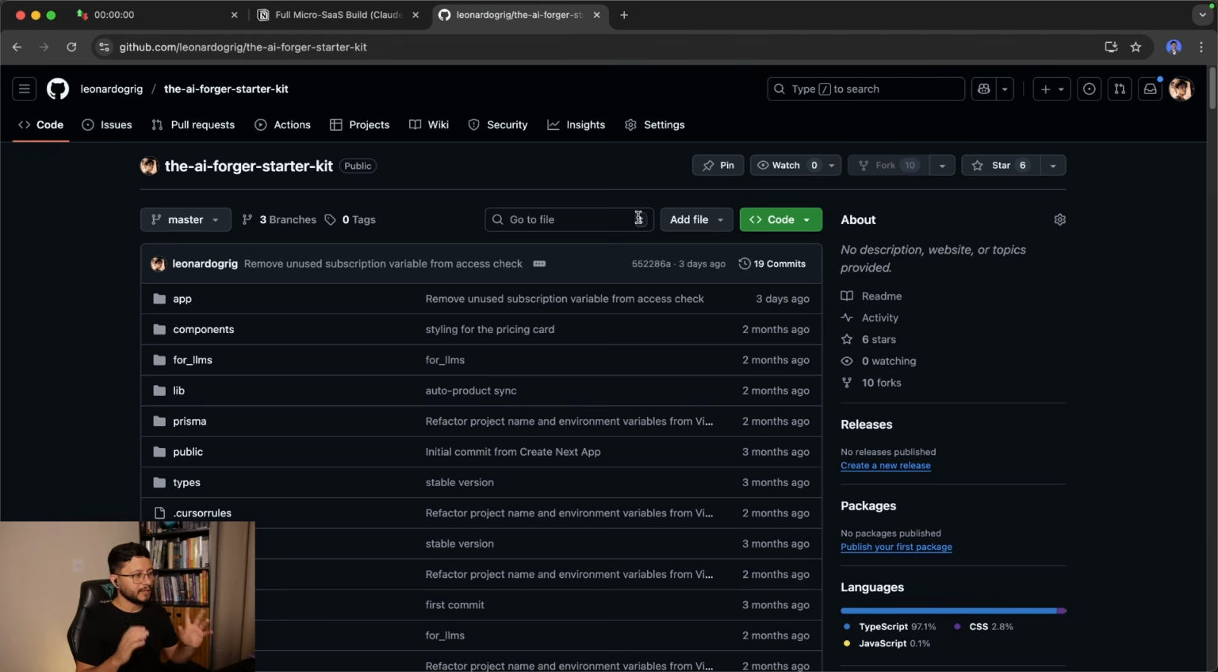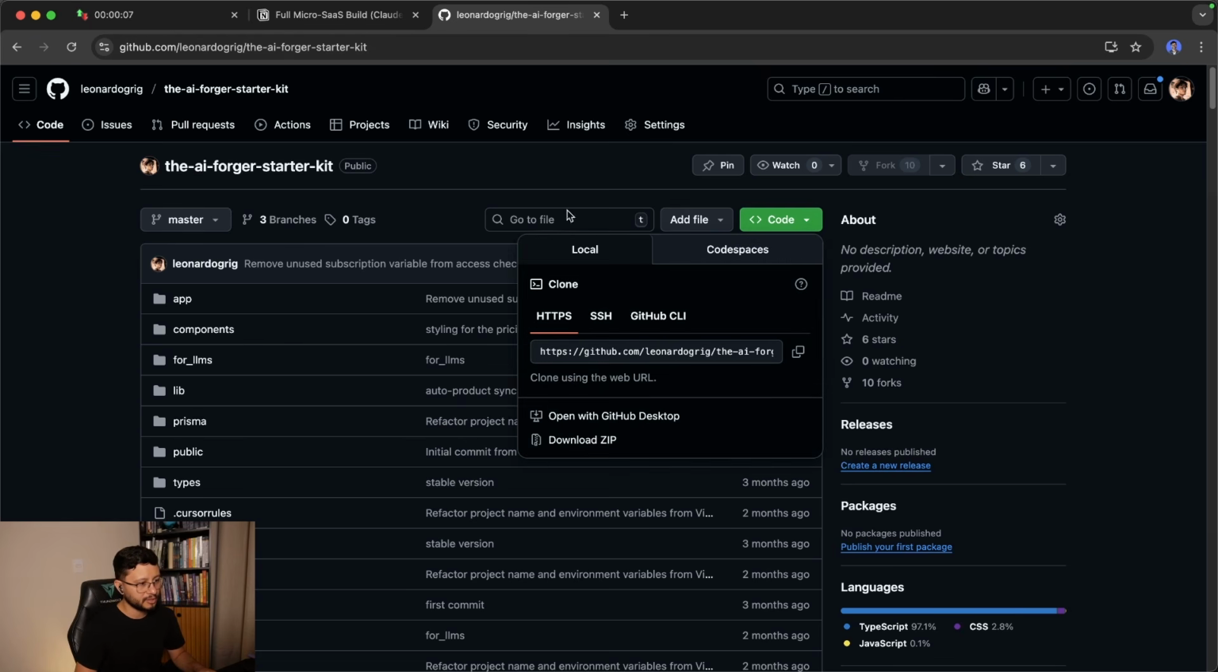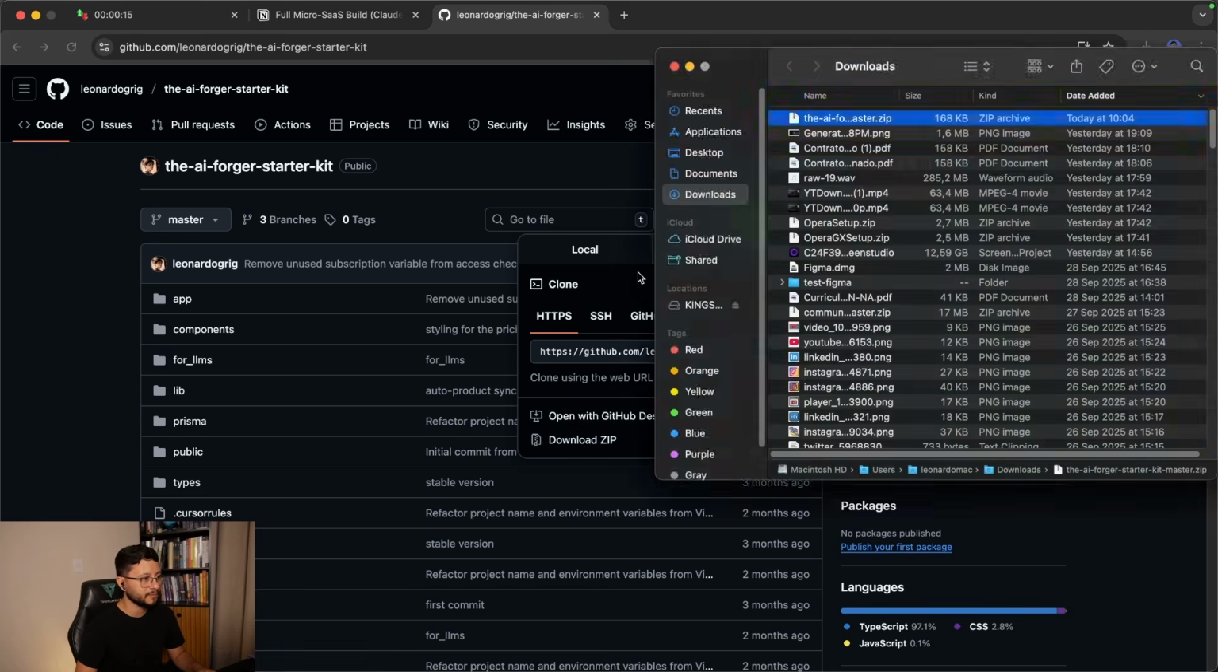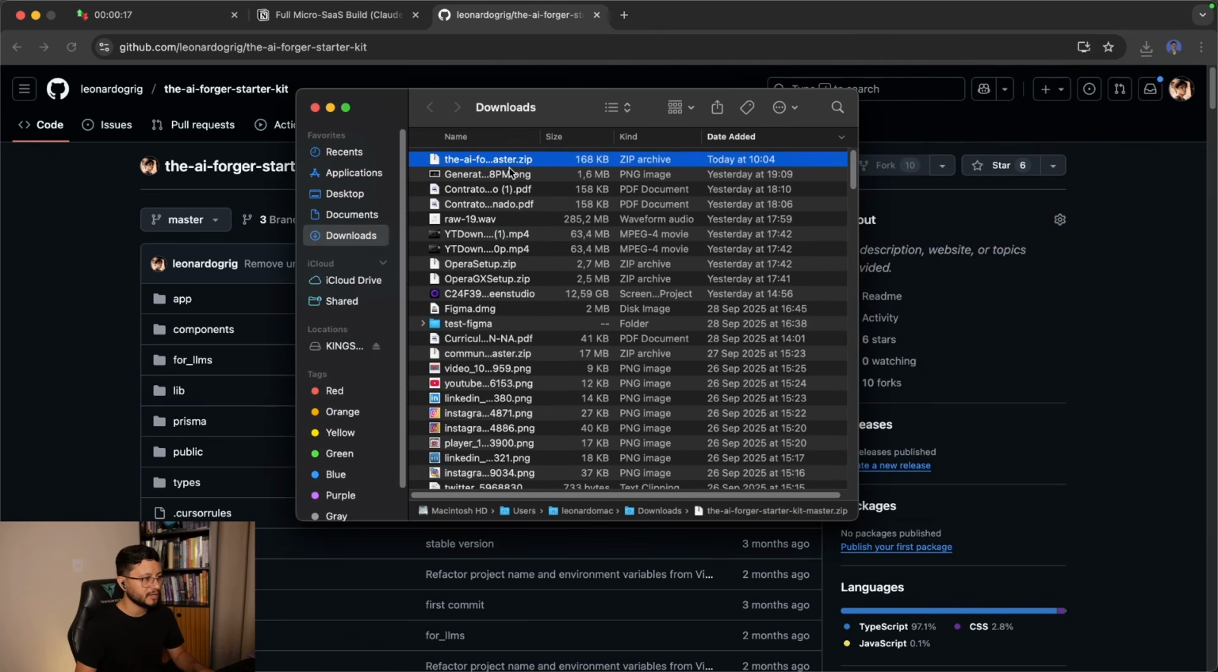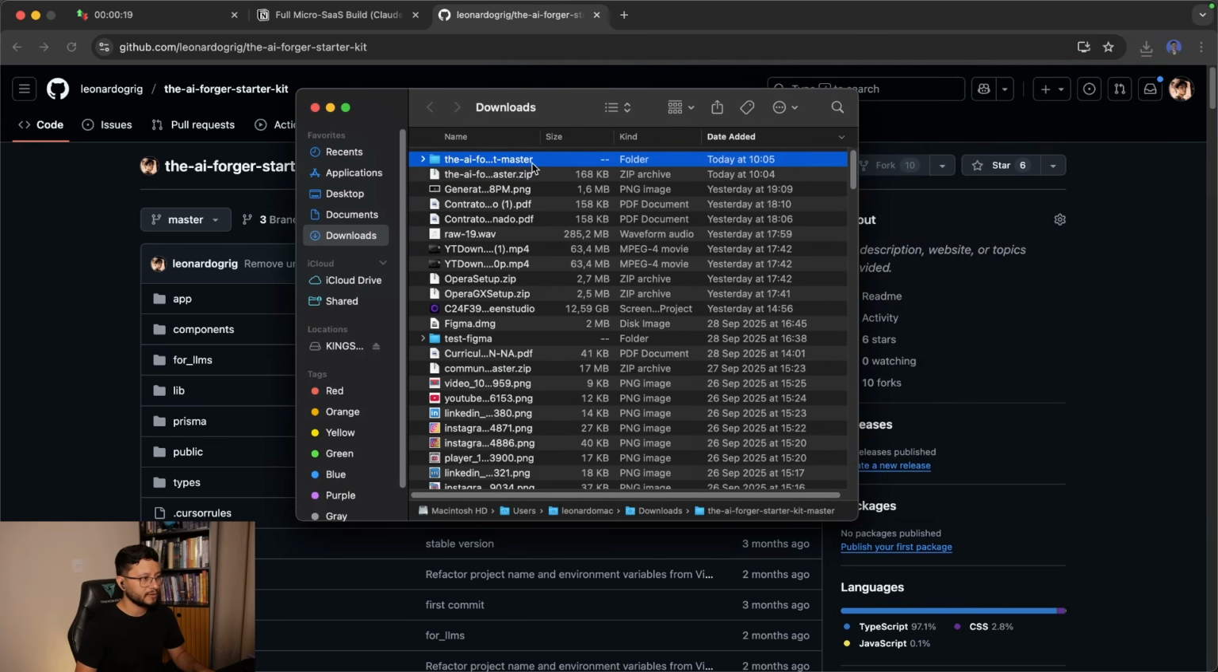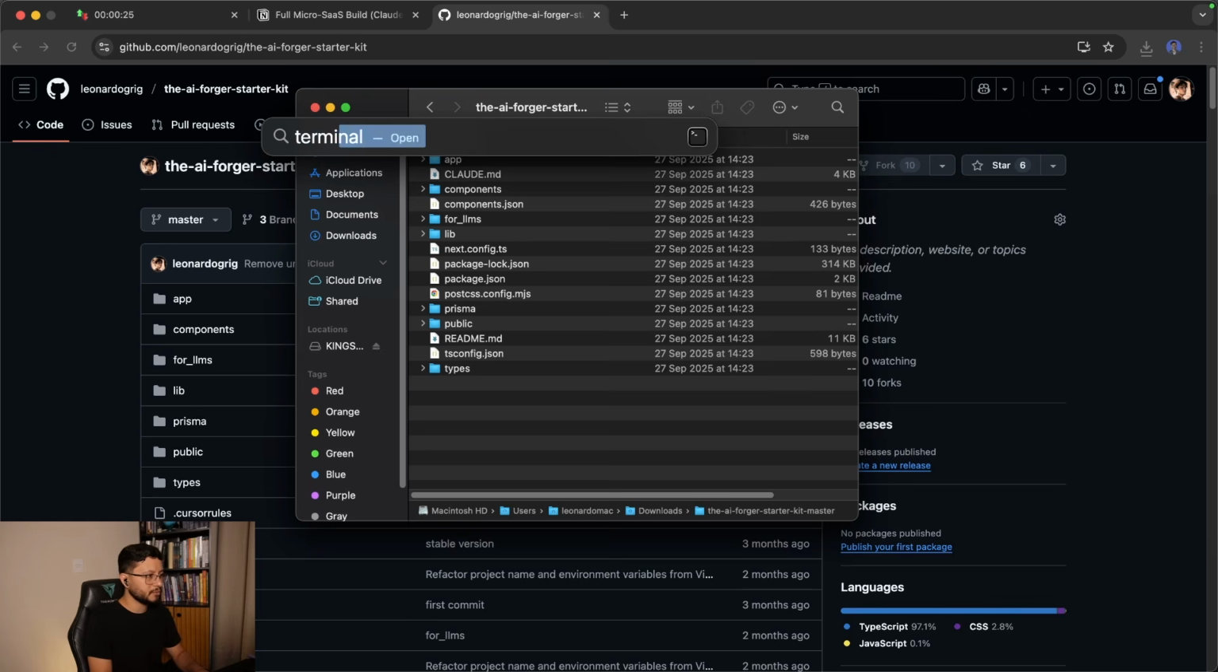So start. I'm going to use a template that I always use. I built this template. It's called the AI Forger Starter Kit. If you click on code, you can just download it as a zip file. Since if I click on open with GitHub Desktop, it'll just open my own repository. I don't want that. Let me just double click the zip file folder, and now I'll just open the terminal,